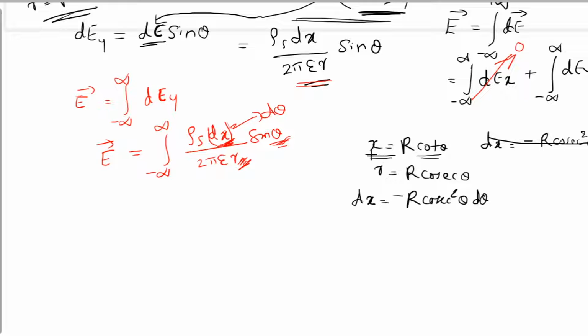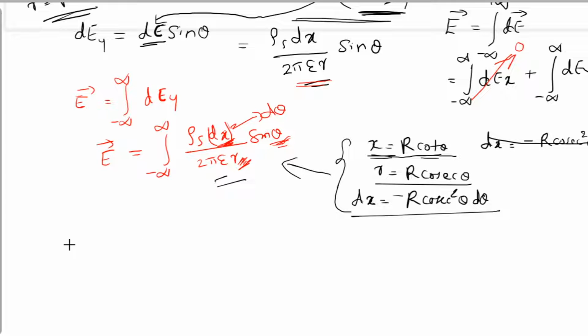See now, I have x equal to r cot theta, I have r equal to R cosecant theta, I have dx equal to minus r cosecant square theta d theta. I didn't use any shortcut methods, I didn't use any magic. I have just used the geometry of the figure which we have considered to derive all this. I have reached this equation because of that particular diagram which we have initially considered. If the diagram is changed, I will not reach this. So using the same diagram, I have decided what to be substituted in this so that I can solve it easily.